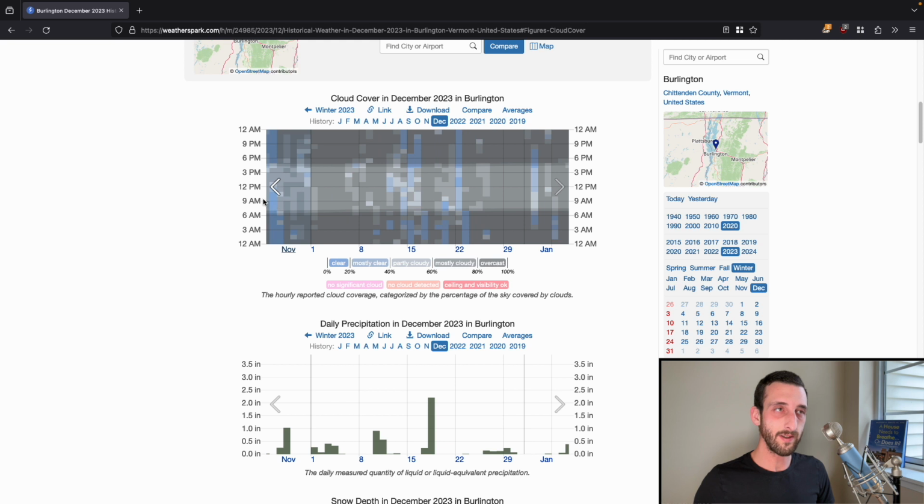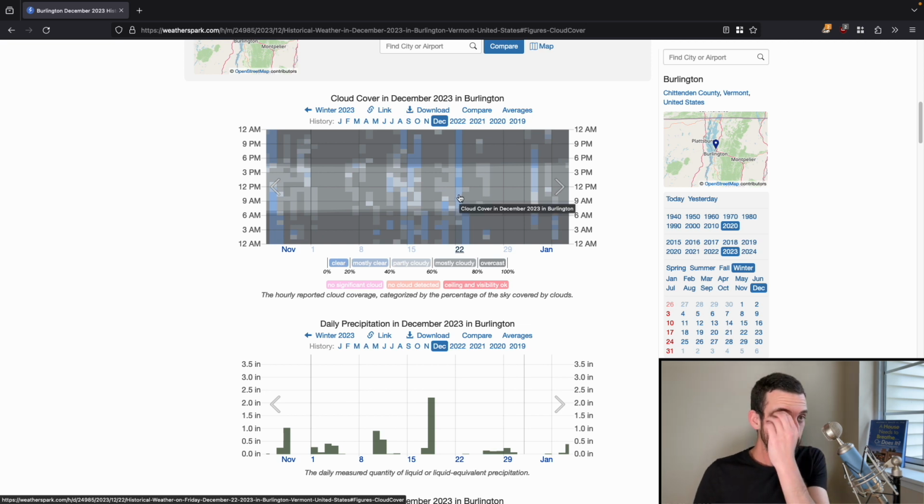So this lighter portion that I'm circling here represents when it's light out, the daytime, from 6 a.m., as you can see, until like 4 p.m. Gray and blue represents how cloudy or clear it is. So the blue is clear and the gray is cloudy. This is the month of December, so December 1st, 2nd, etc. And look at how cloudy it was all month. We basically have a handful of days where it was kind of clear, like December 12th, kind of clear for a few hours, but mostly cloudy. And then look at this. The only fairly clear day was December 22nd. So almost every day in December was cloudy.